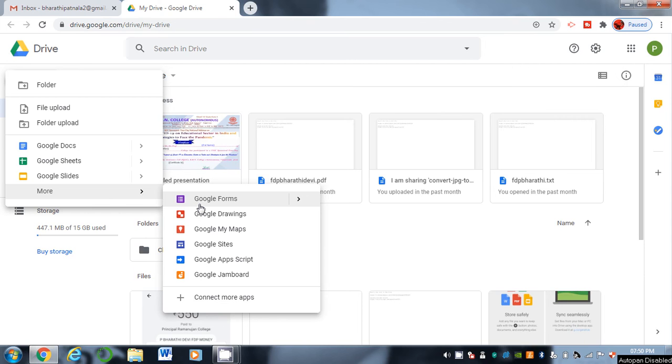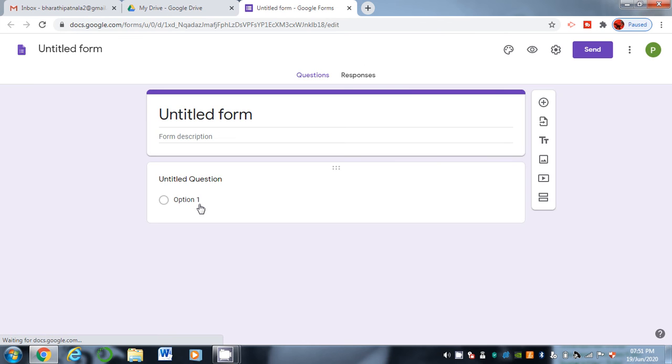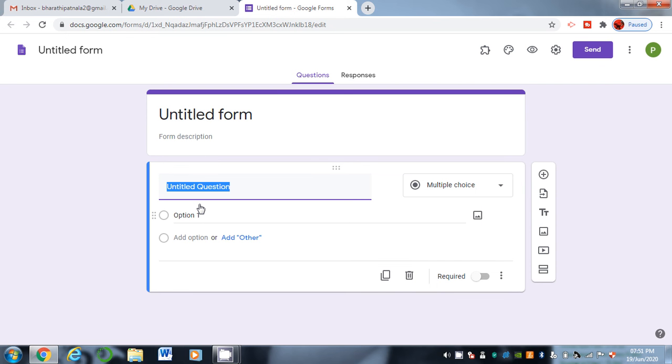Here you can see Google Form. A Google Form is a web-based form which is used to create forms to make surveys, quizzes, or event registration purposes also. So you can ask different types of questions in this Google Form, which is very useful to make surveys for social sciences and humanities research scholars.